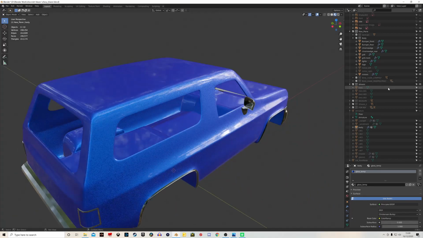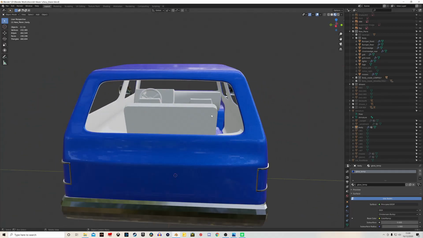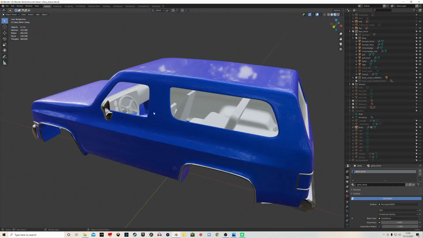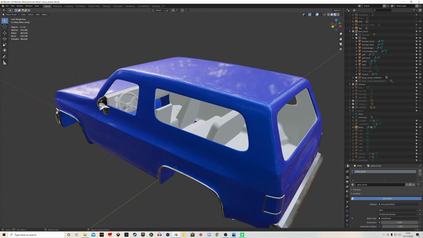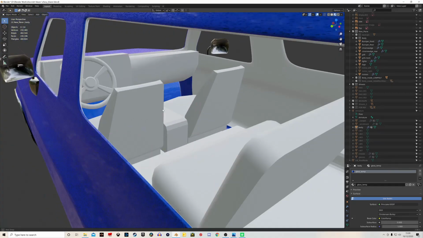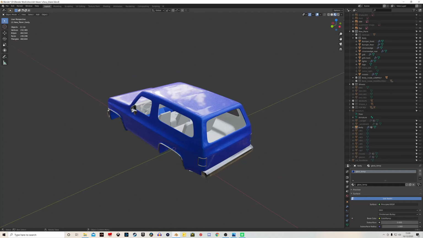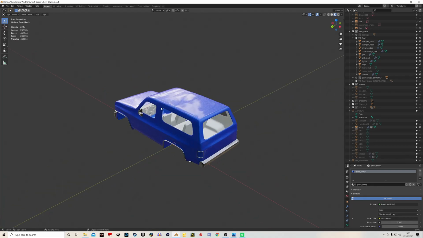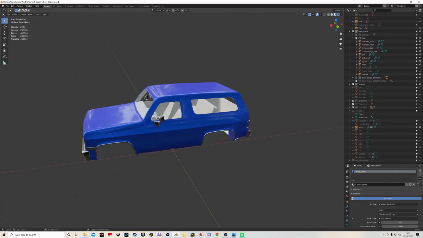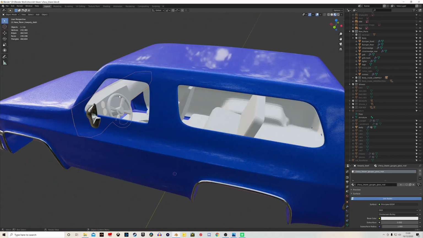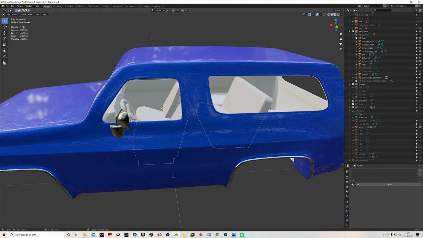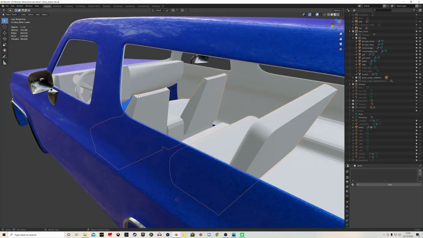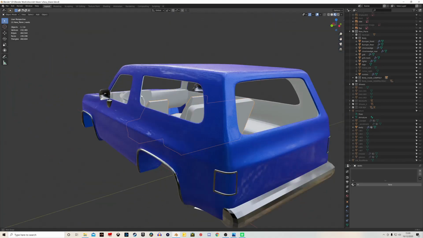I've also got the inside done. Now for the inside, you sort of need two meshes. You need a high poly mesh for when you're in the cab, so everything looks nice. And then you need a low poly mesh for when you're driving along like this outside of the vehicle, so it will load it up, and that will increase performance. So that's what I'm doing right now. I've just put this mesh here as a placeholder, and then I'm going to jump in and start giving it all the high details. Once I've done the inside,